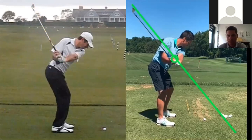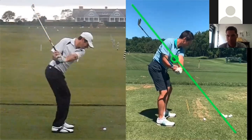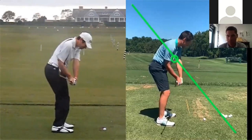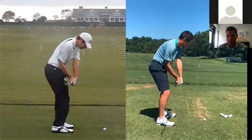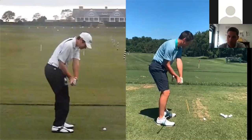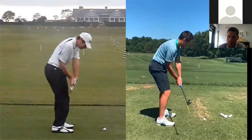And if we bring the club down to P6 or the delivery position, you could see his arms and hands are much more in front of him. The club is out in front of him more. So his swing direction and club path are so much more neutral. His arms and hands are so much more synchronized with the rotation of the body. And if you look at that right there, where his arms are so much more out in front of him,